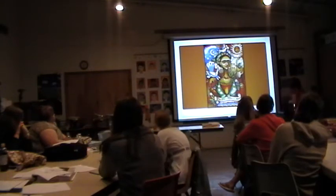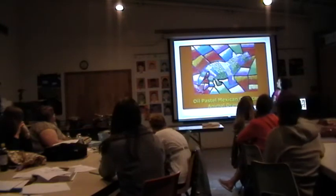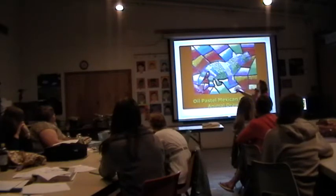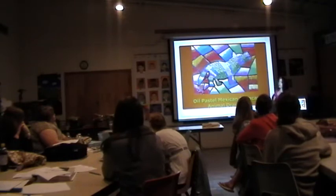Okay, so this is an oil pastel of the Oaxacan in Mexico, and this is an animal drawing. And as you see again, this is with the blended colors, and they took the black and they made it nice and dark and bold, and you could do that. You can just have one solid color that's bold, but if you want to, you can blend it. So what we're going to do today is we're going to take this one with the next slide,